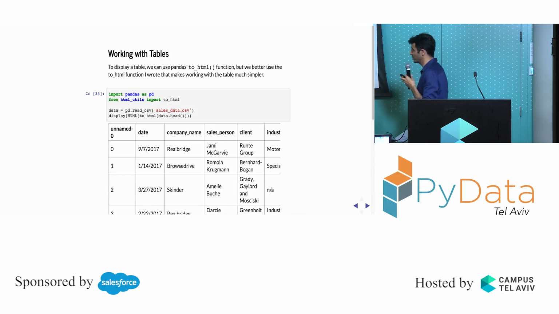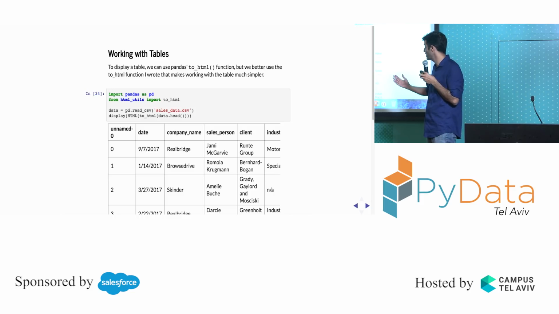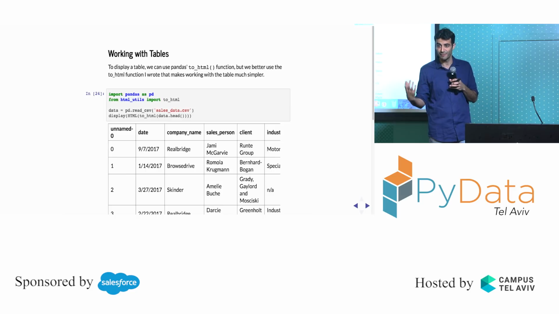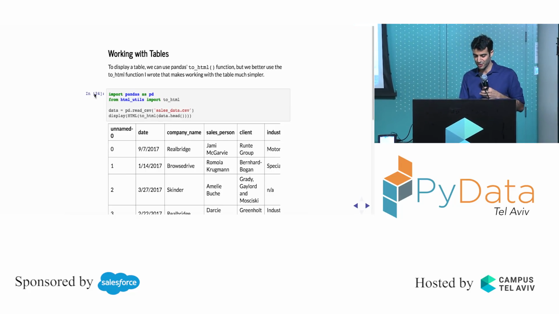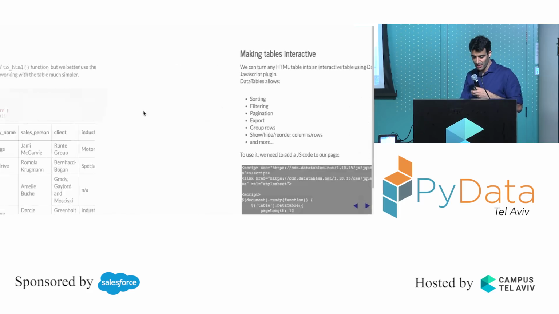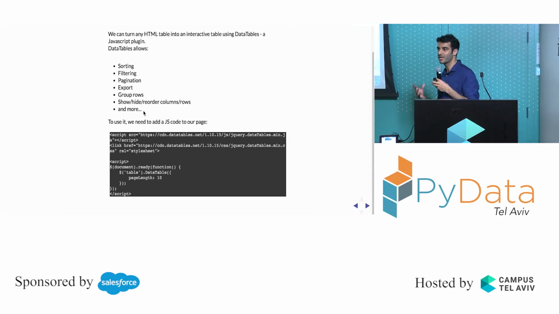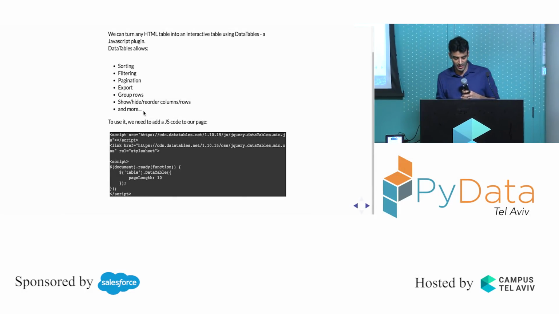Okay. The tables that I've shown and made interactive, all we have to do is just get a Pandas data frame. We can use the Pandas to_html function to save it as an HTML table. Better, use a function that I created that's given here and allows more control in the HTML over the table. If we add this snippet of code below, the table automatically becomes interactive. We can sort it. We can filter it. We can